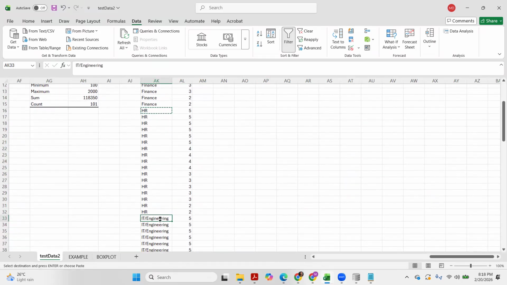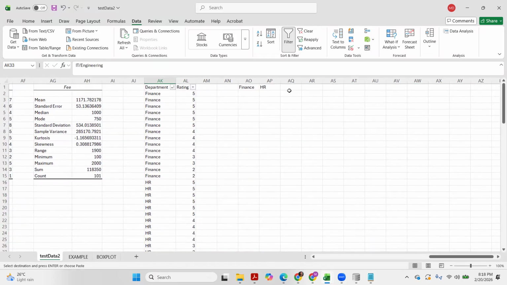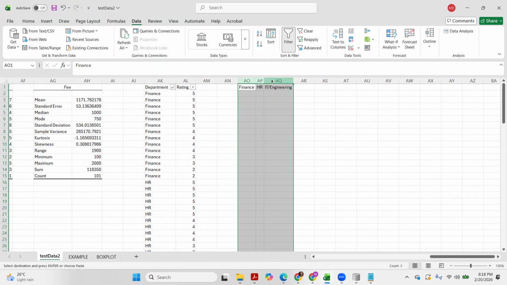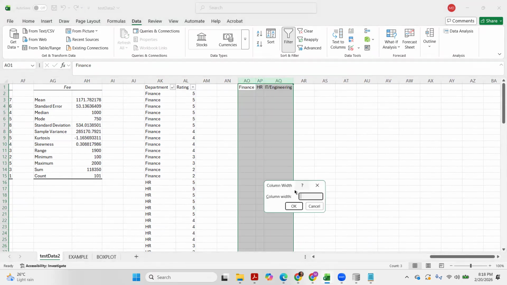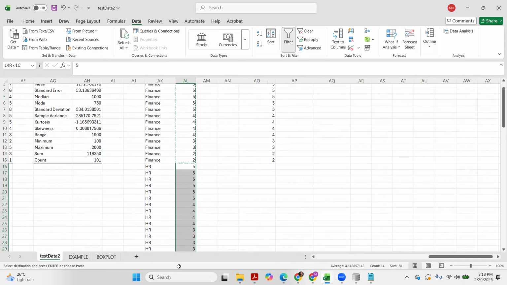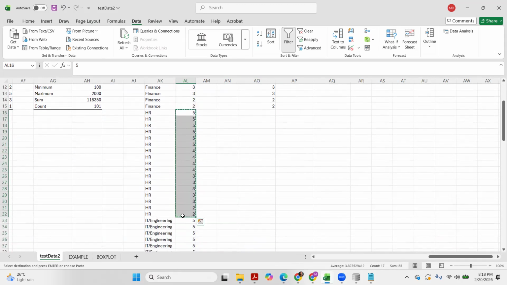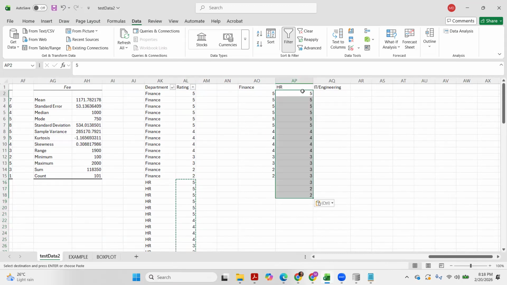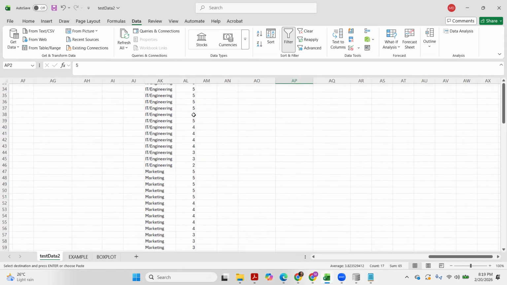Let's say, for the sake of time, we just compare the first three departments. So we just copy their respective ratings. Okay, just copy for HR and then for Engineering.